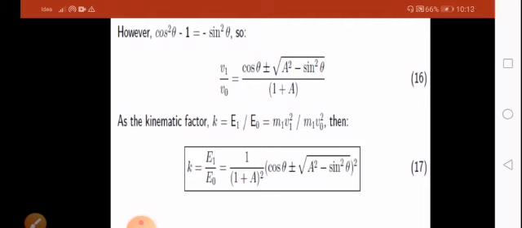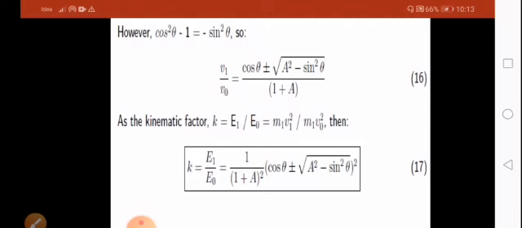So with this equation, with the term kinematic factor, this is the basic theory behind collision. Also, this is the basic theory behind different types of material analysis techniques. And on the basis of the value of this theta, you can classify different types of scatterings. What is this theta? This theta is actually the angle between the scattered particle and the incident direction. So it is a scattering angle.